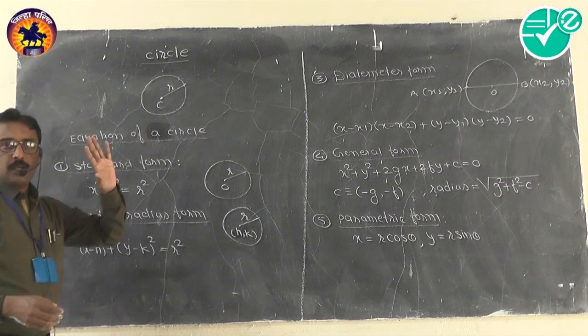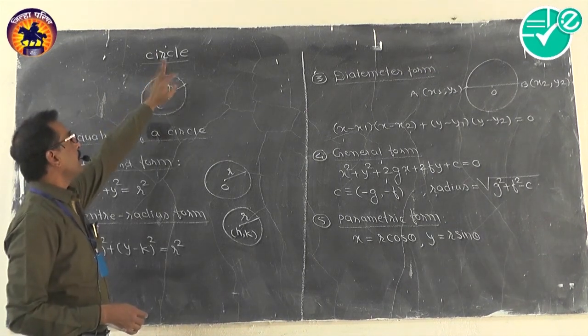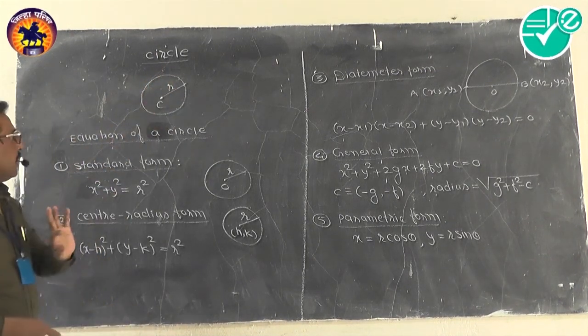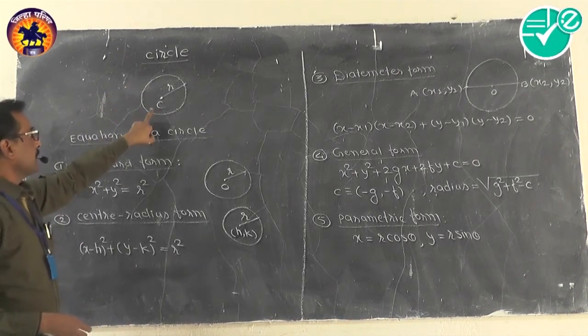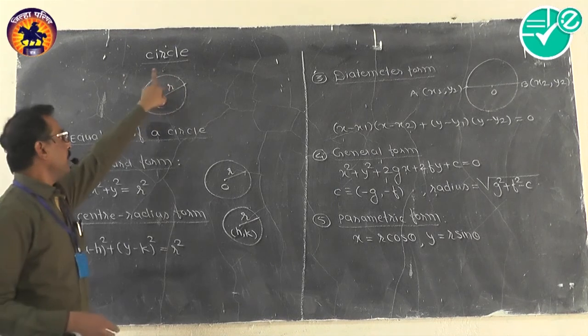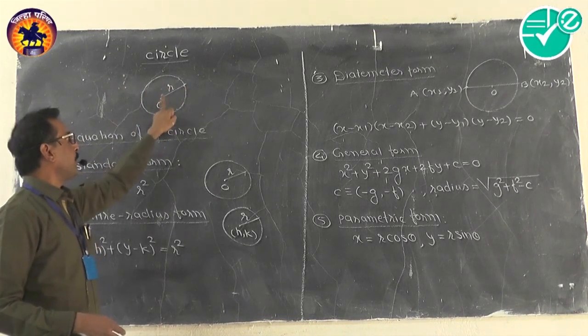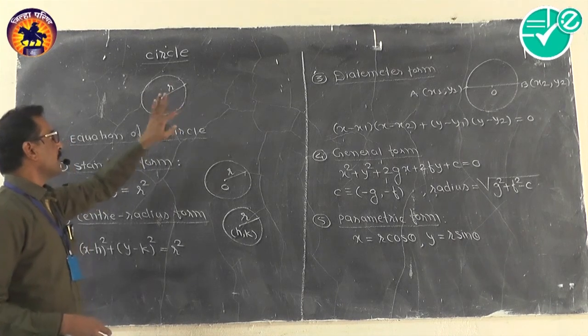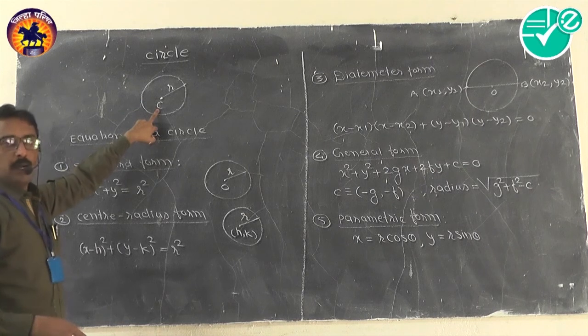In this present lecture, we'll complete this chapter from your 11th standard, that is circle. I think this chapter was already studied in 10th. Circle is the locus of infinite points such that the distance of any point from a fixed point is constant. What is this fixed point called? It is the center of the circle and it is denoted by C.